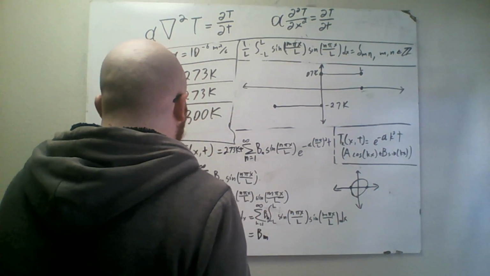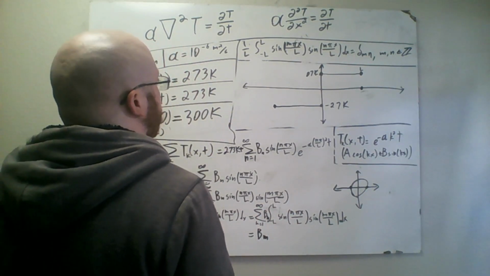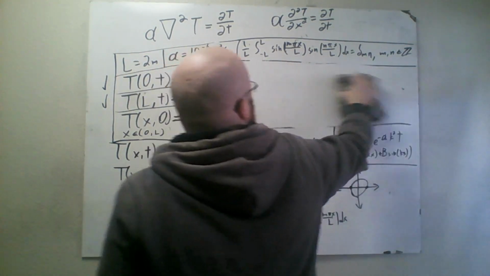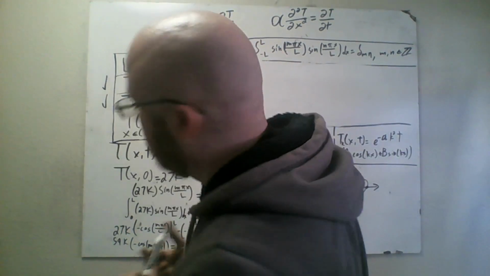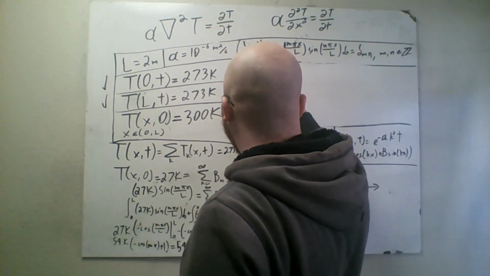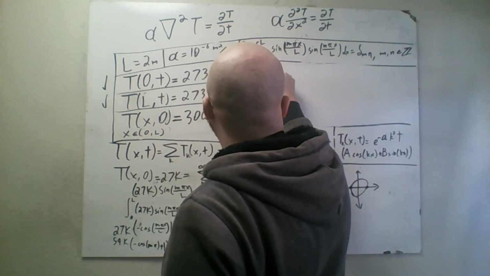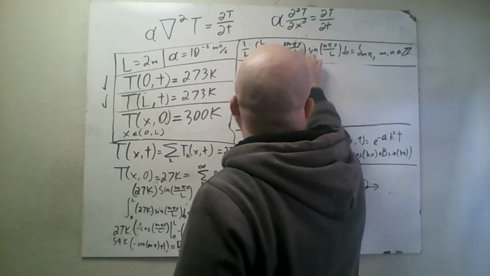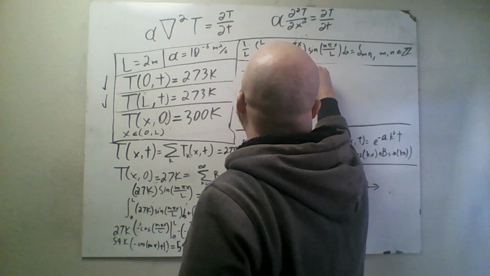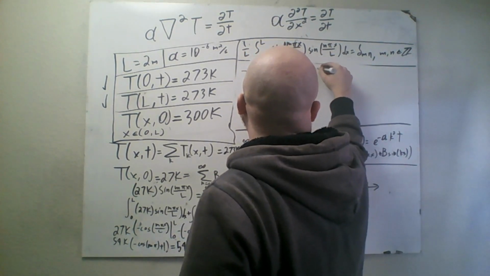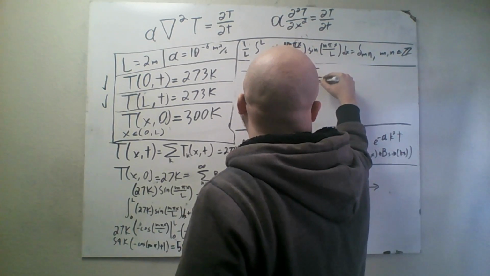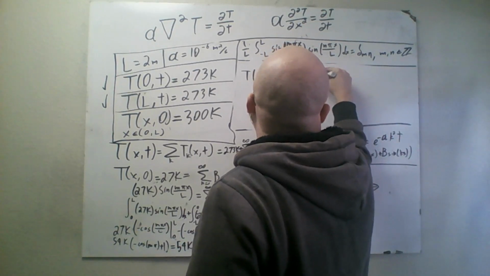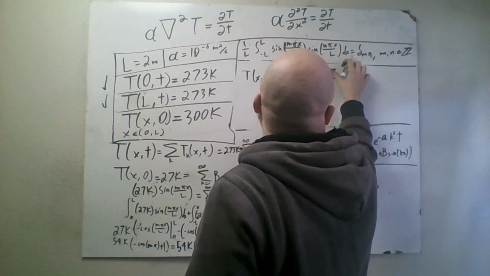Going to keep this here, but I need somewhere to write it. I'll write it here. So it turns out our full solution to the differential equation is T(x, t) equals 273 Kelvin plus the sum from n equals 1. We only care about the nonzero terms. Let's bring the constant out. 54 Kelvins times